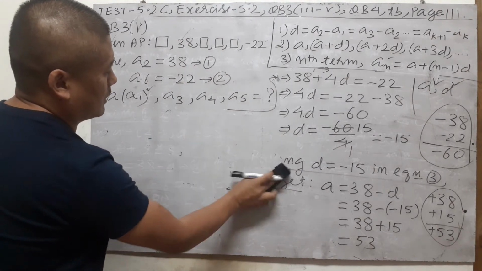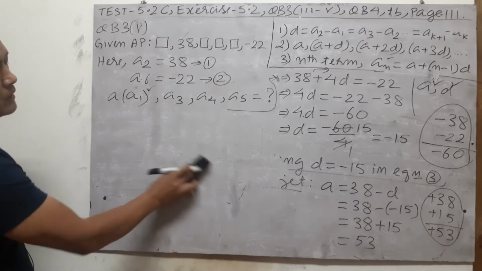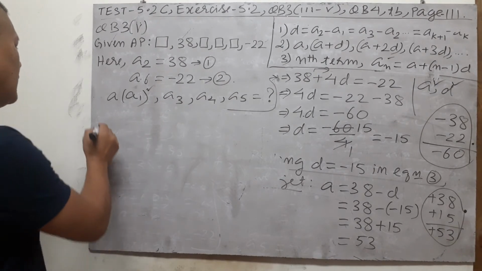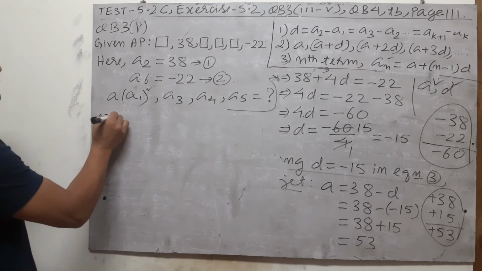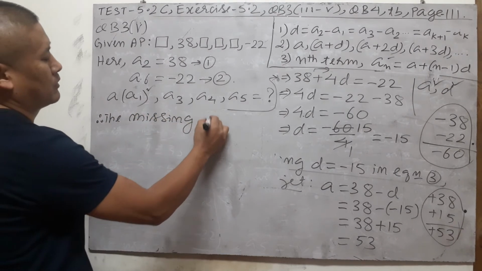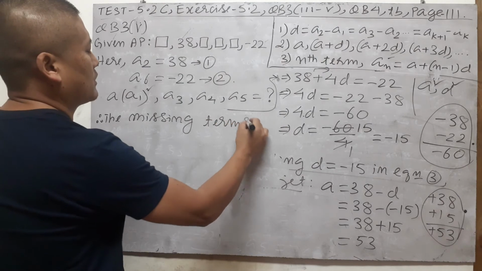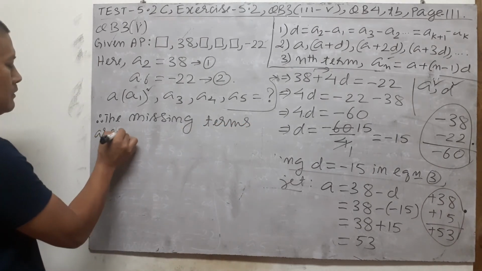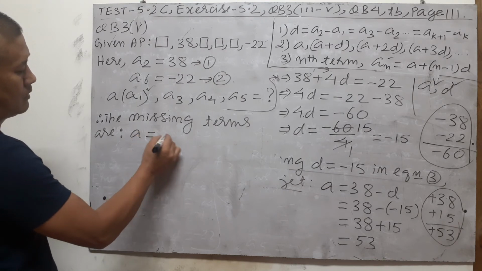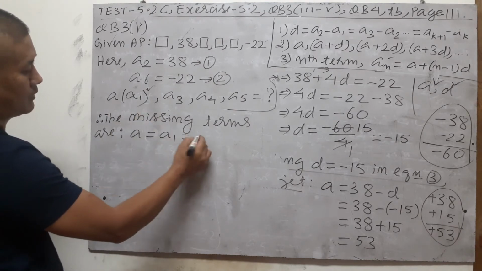You can write it like this also. The missing terms from here itself you can do. The missing terms are a or a1, both are the same, equal to here,